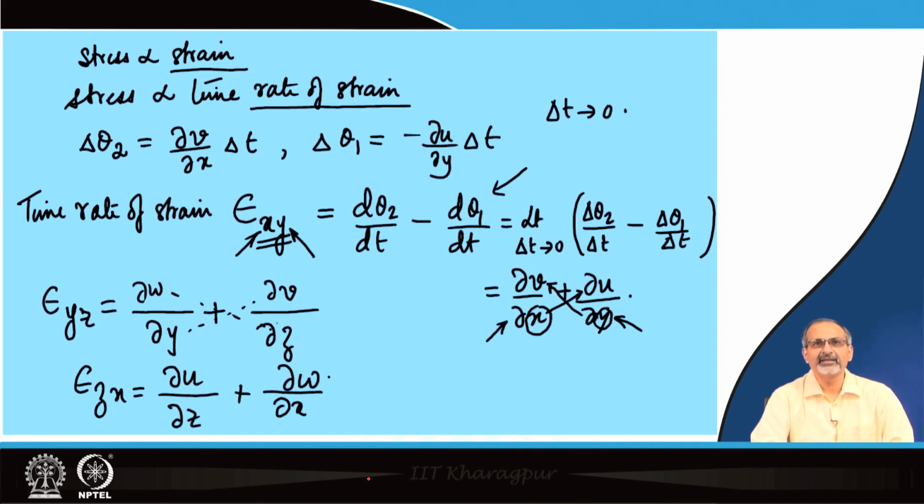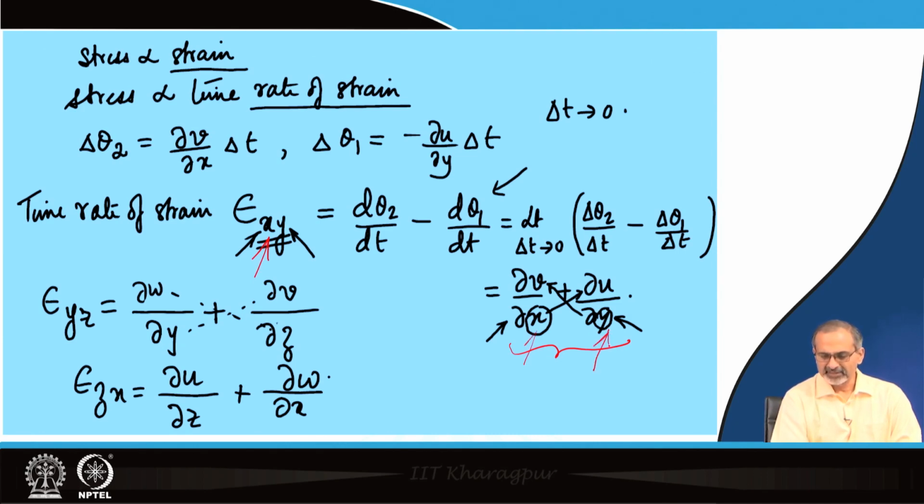So, the time rate of strain, if I indicate it as epsilon x y, because I am looking at the element in the x y plane, then it is basically d theta 2 dt minus d theta 1 dt, and if you express that derivative as a limit, then in the limit delta t tends to 0, you have the ratios delta theta 2 by delta t minus delta theta 1 by delta t, which obviously comes out in a form like this here, where you can write it in the form of the velocity gradients del v del x plus del u del y, and we are showing some arrows over there just to indicate that the index that you have in the strain rate x y,